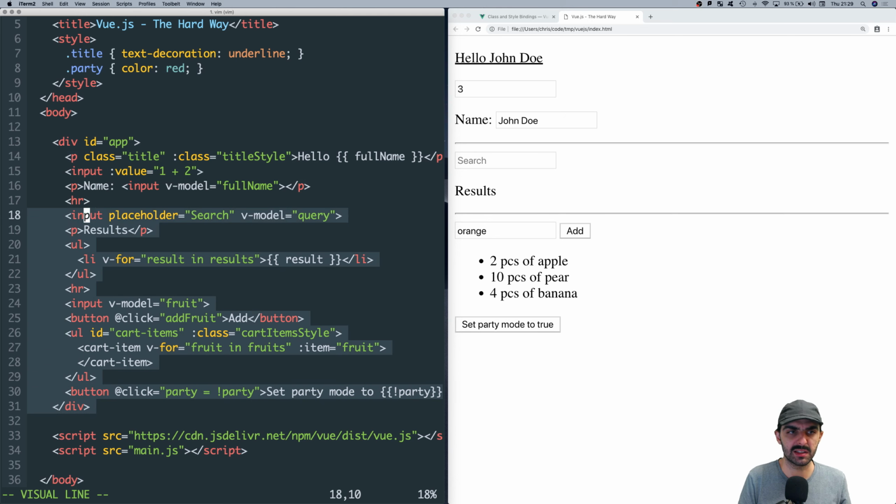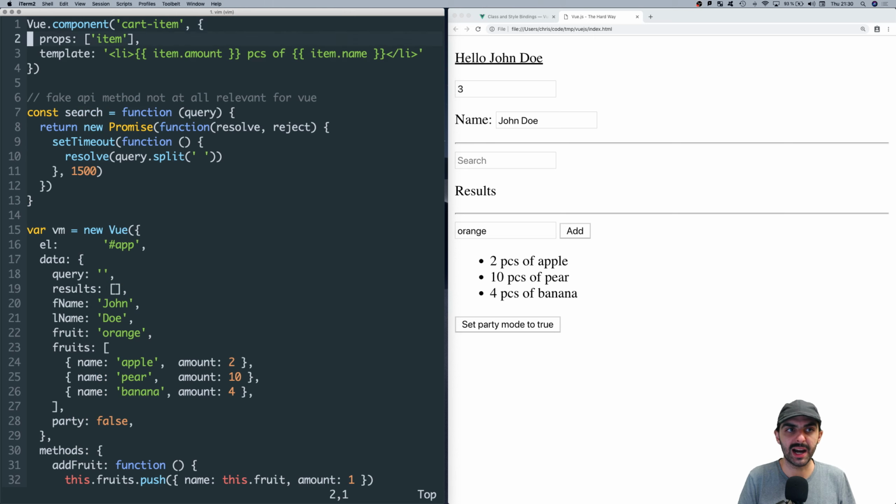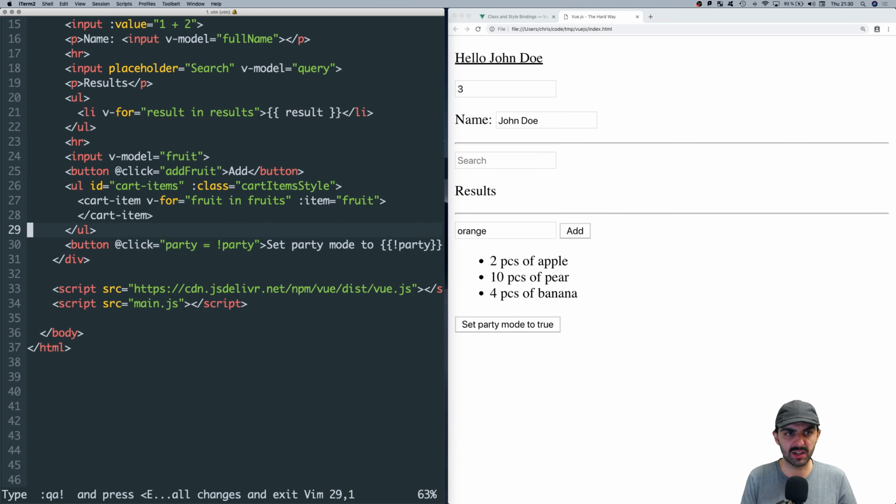And the template for this, let's say main component, the main Vue instance, is just put directly into app here. However, as we've talked about in a previous episode, you can choose to either specify a template through the template property of a Vue component, or you can specify it as HTML. And if you specify it as HTML, that means that the browser will, before the main.js file has been loaded, before the Vue library has been loaded, be given this template, right? This index.html file is just any old